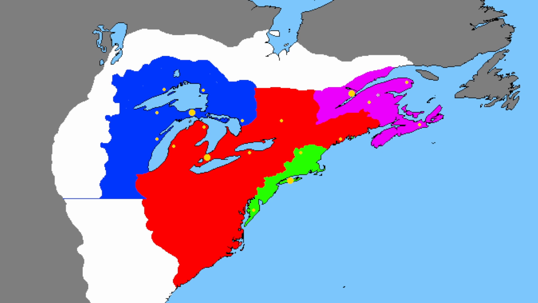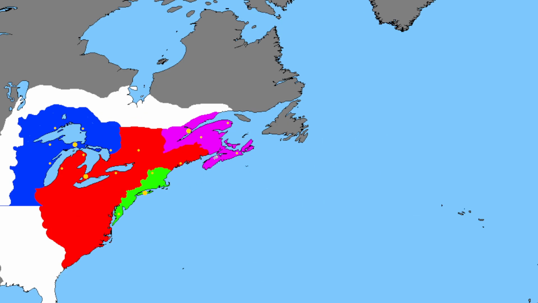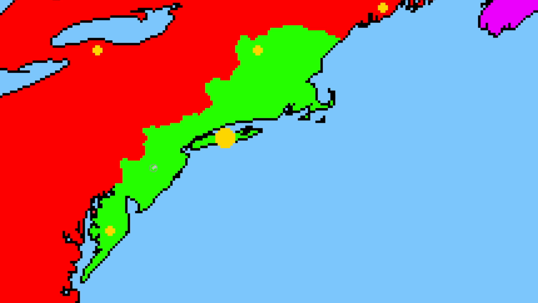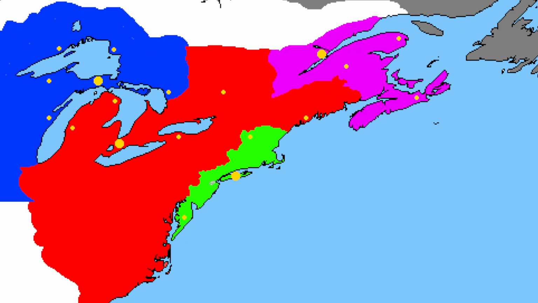We see the magenta country actually gain a significant part of land compared to the rest of their country, gaining another major city. We see the red country absolutely like double in size. Hold on, we've got a little bit of an error over here. Can you just be colored the right color? Thank you. And then we see the green country reduced to scraps. Surprisingly, it still has a decent chunk of its major cities. It still has, what, 3 out of the 5 of them? A pretty generous, it's still got its core population.